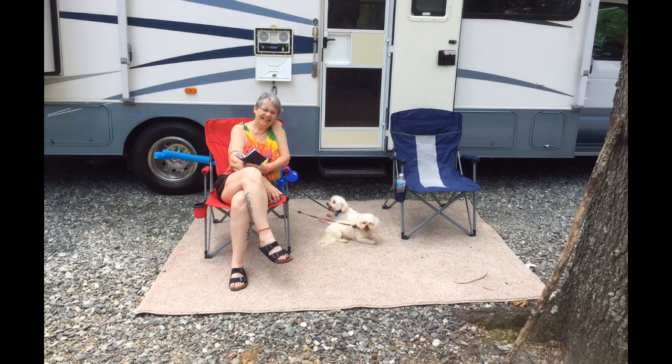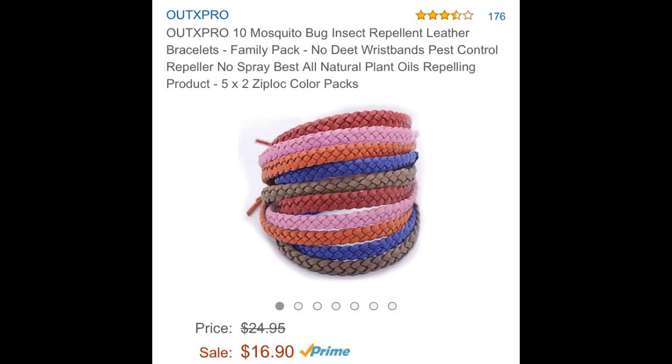And that's me and the dogs on the sofa, and that is on the slide out, so it gives you extra room there. 2 things about this picture here in our little patio area. See my journal? Yay, that's me journaling. And I have on a mosquito repellent bracelet. I've got it on my ankle. I want to highly recommend these things. This is what I got. I got it from Amazon, and